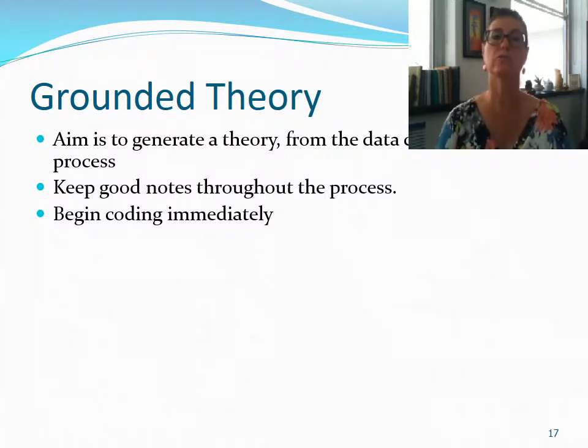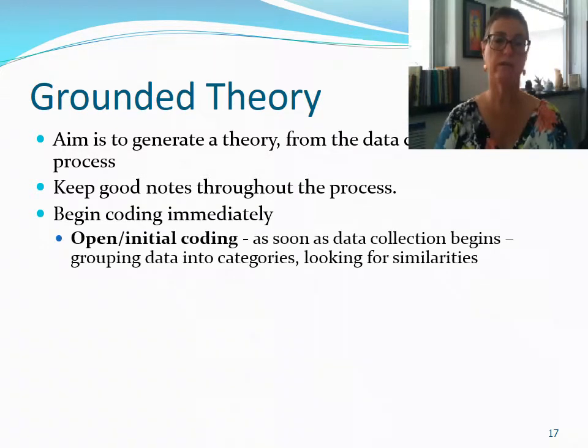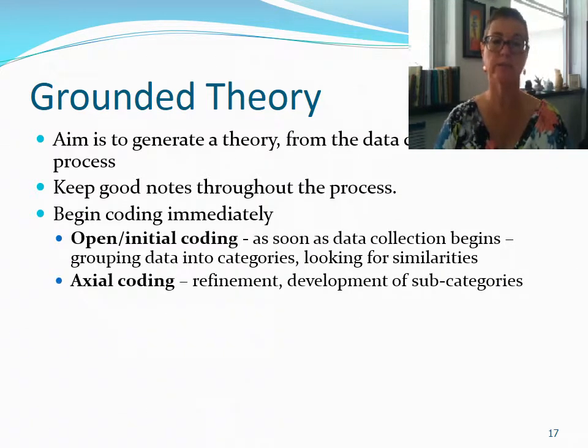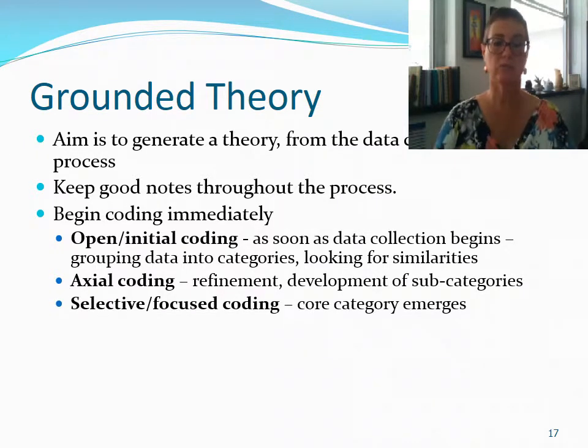You just begin to do this yourself, and from there you start to group into categories, look for similarities, do your contrasting. Some people call that open coding, some people call that initial coding. Kind of means the same thing, I think. And then other people go into what's called axial coding, where you begin to do some refinement and you go from those very large, lots of categories, into developing subcategories or fewer categories. So you become then more selective in the third stage, and you come out with your core categories there as well.